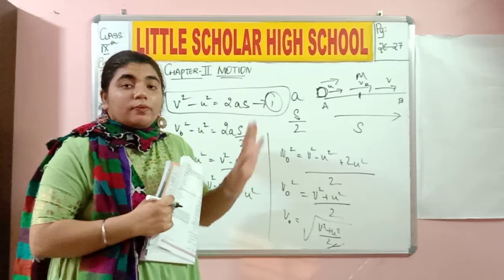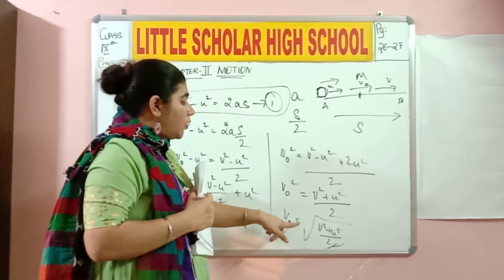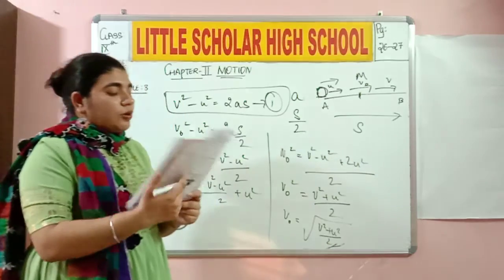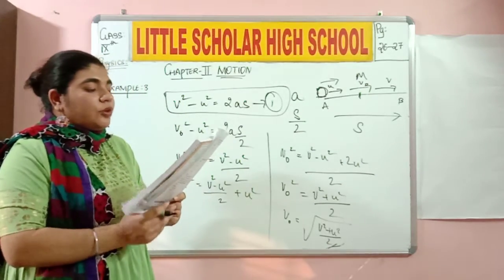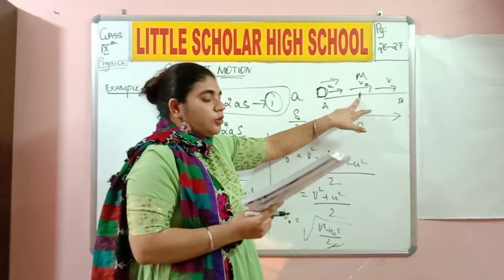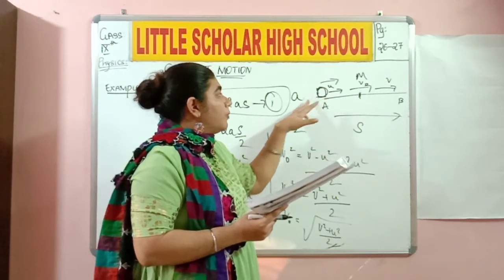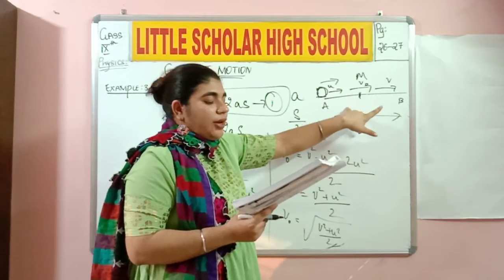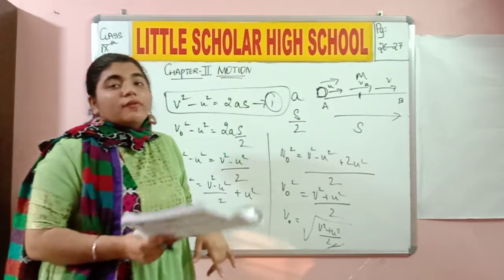Velocity of the body at the midpoint is considered to be v naught is equal to root over v square plus u square by 2. That's what you need to do. I'll repeat the question for you. What is the speed of the body? We had to find out the speed of the body moving with a uniform acceleration a at the midpoint of the 2 points in a straight line, where the speeds are u and v respectively.